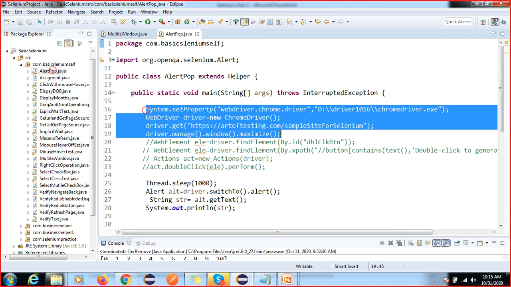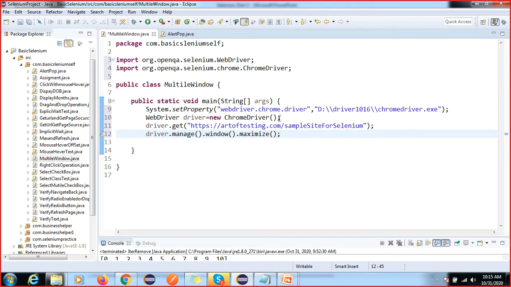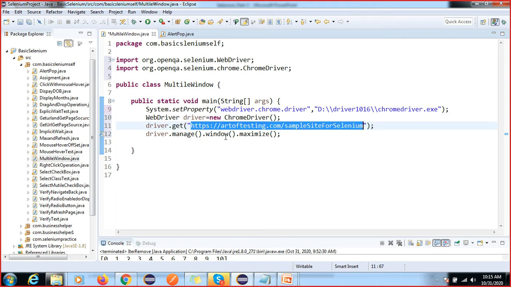It's very easy, right? If you know Java, it's very easy. So I'm going to copy all this, because I don't want to waste more time here. I have one site where manually it is not working, but when I do automation, multiple windows come.